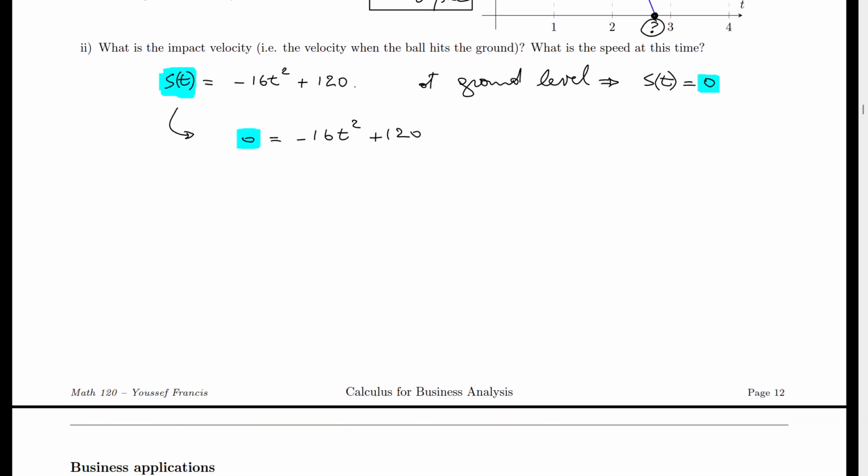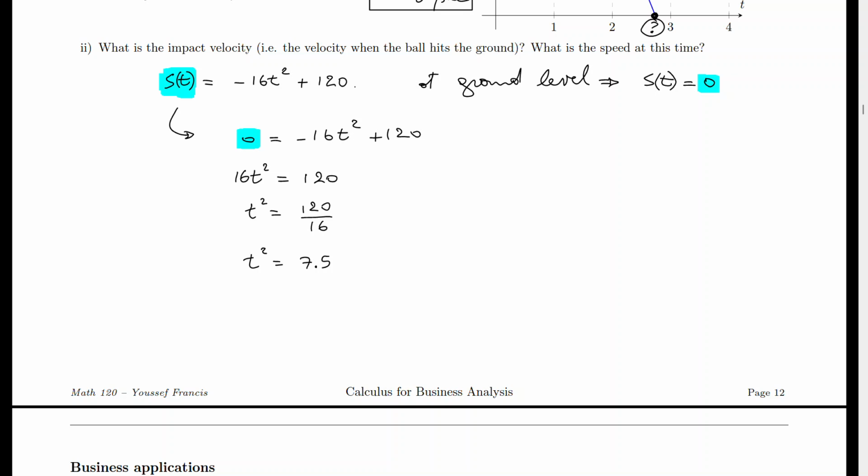And so how do I solve this equation? One way to do it is to move the 16t squared from the right side to the left side. And when I move it around, it becomes positive. It loses the minus. Then I can divide both sides by 16. So 120 divided by 16. That way I can isolate the t. And so t squared will be 7.5. 120 divided by 16 is 7.5. But